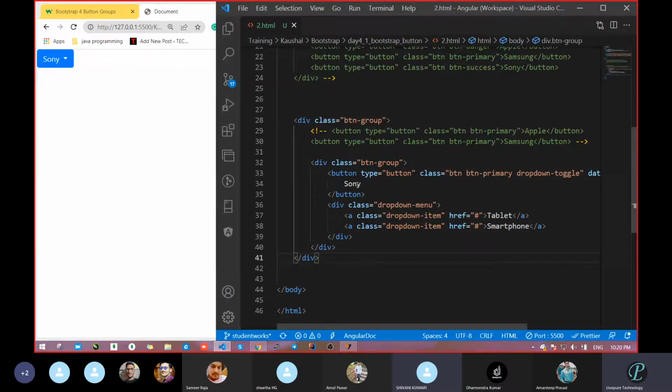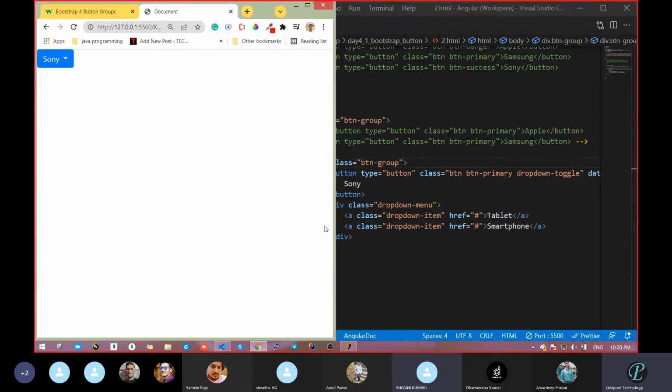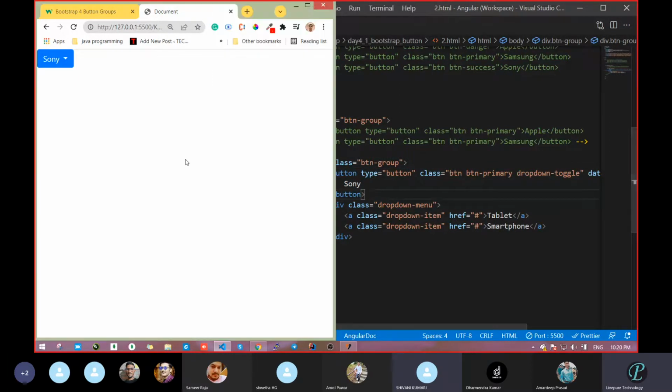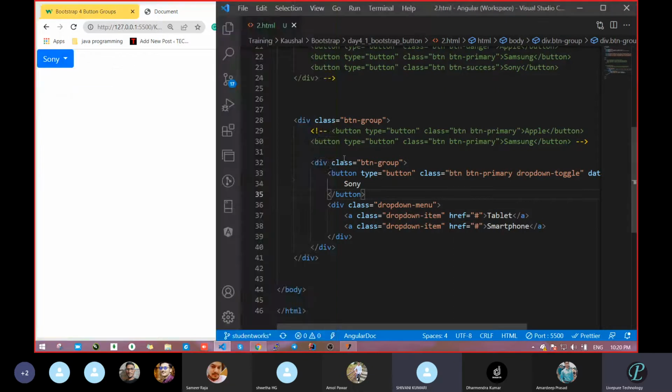So here we took one class btn-group again, and inside we pass whatever we want. First we want a button. This design should be a button, that's why we took button here. And why did we take btn-group? Because we want a dropdown inside. For this purpose we took that, and inside we started that button group.